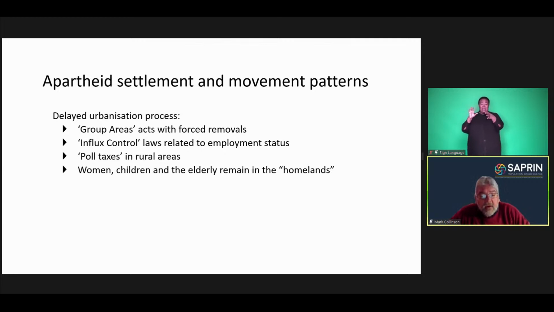Then in the rural areas where those so-called Bantustans were, poll taxes, which had to be responded to in cash, therefore forcing people into cash type labor, stimulated a lot of the labor migration, forced the labor migration that got this whole system underway. And again, as Kath was explaining, women, children, and the elderly structurally remaining behind in the